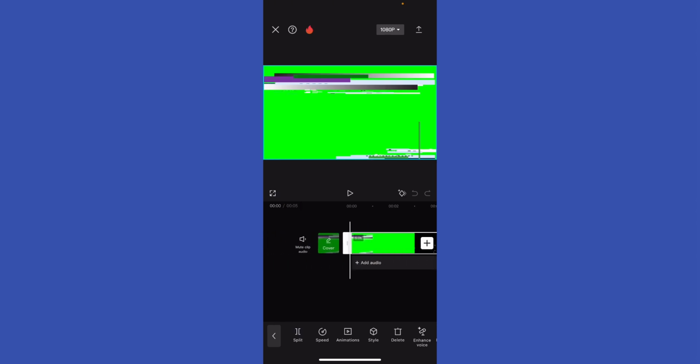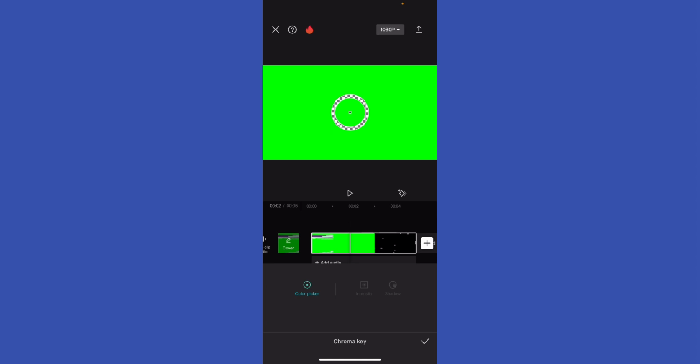So what I'm gonna do here, I'm gonna just go ahead and let me keep it this way, and I'm gonna just go ahead and see the tools right here on your below middle and swipe left, swipe left, swipe left, and click remove BG, and then just go ahead and click chroma key, and here you're gonna see the big circle. That means that it will detect the color of the green screen of the